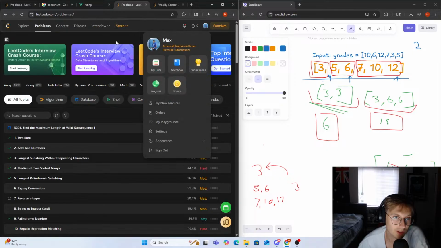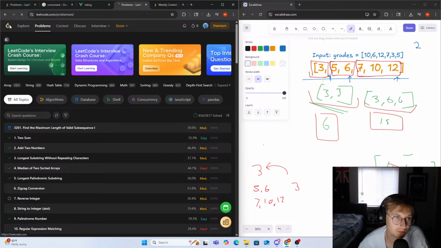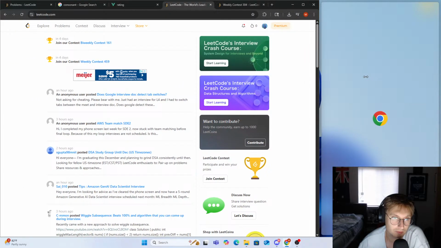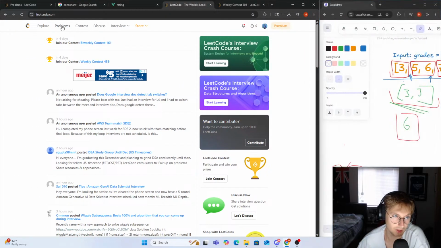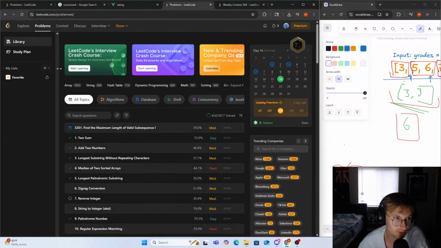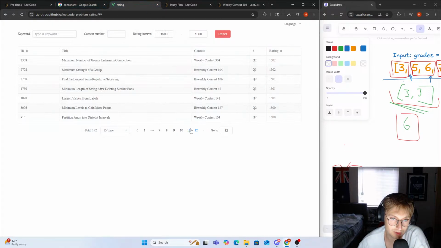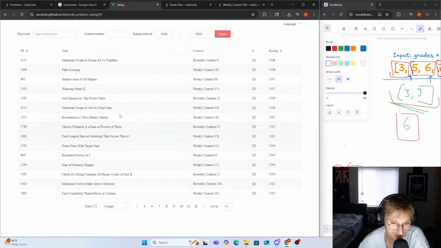So let's take a look at one more problem. I need to make this a little bigger. Take a look at our problems. We'll jump into a study plan. I feel like doing these 1500 problems is good, but a lot of them are just greedy problems. The past 3 problems I looked at are greedy problems, so I'm sure it'll change up, but